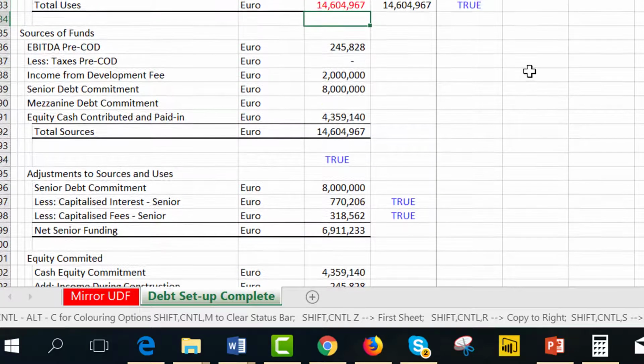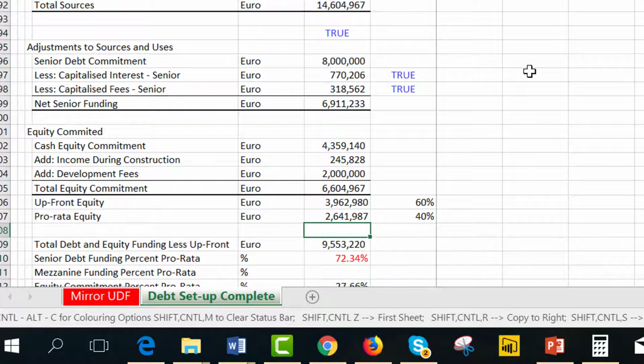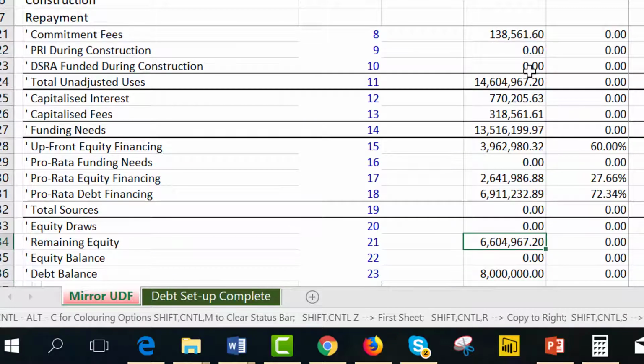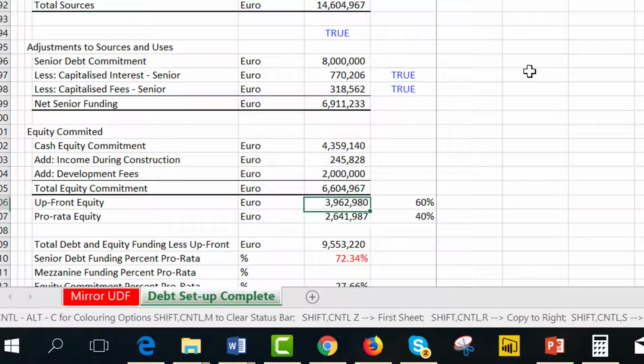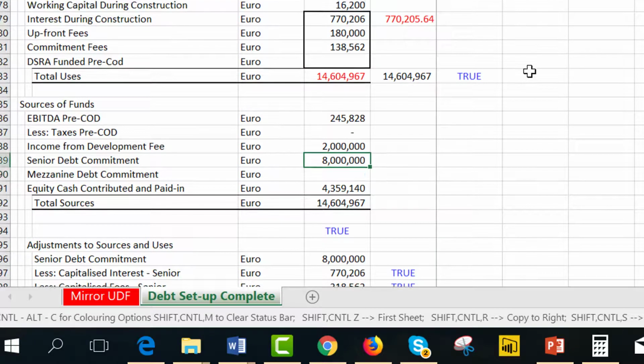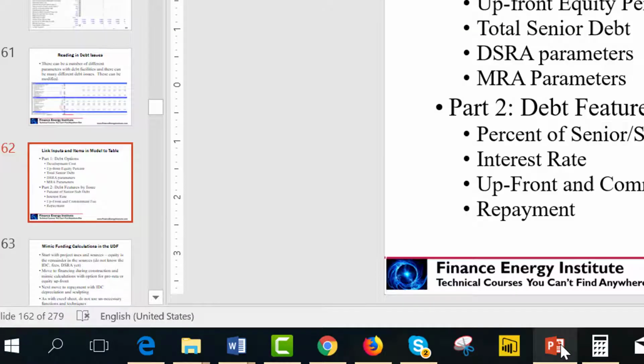I don't know, I could find something else there. Equity commitment here. I should have put this here, maybe. Okay. Whatever. The equity and the debt financing from pro rata was 9,553. There it is. These two numbers add up to 100%. Okay, it all looks very good. But there was a little error from the flexibility, so